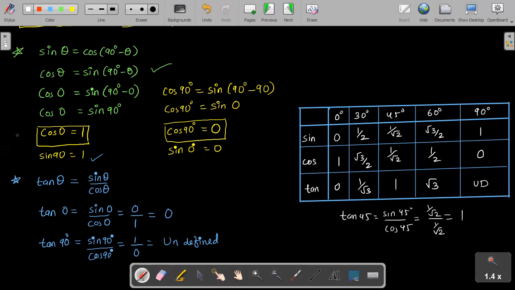Okay, so if you remember it in this way also, it's fine. You just have to fix it in your mind, and every day when you do questions based on this, make a chart and put it up at home so that whenever you go around you just see that and remember the values, so it becomes easy for you. Without these values, we won't be able to solve. Otherwise, you have to remember how we got these values, and then it becomes lengthy. Why do we write these values? So that it is a faster way for us to solve the question. Okay, so let us solve some questions based on this.